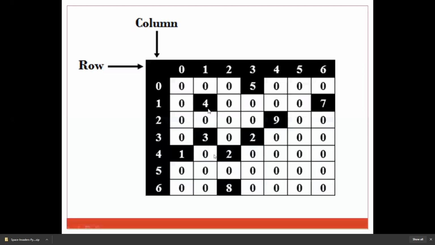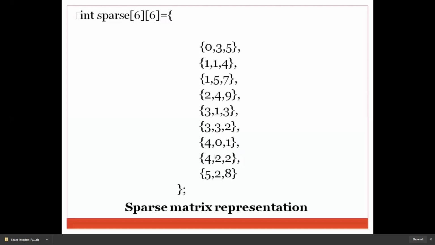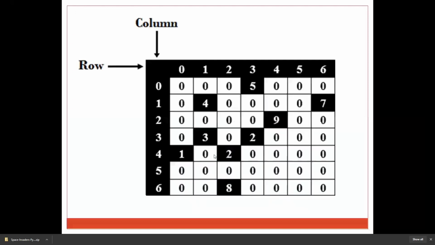Next I have 1 5 7. One is the row, 5 is the column. Sorry, I made a mistake, I guess. 1 5 7 is there. Instead of that, what should it be? It should be 1 6 7. Am I right? Not 5, it should be 1 6 7, and so on.